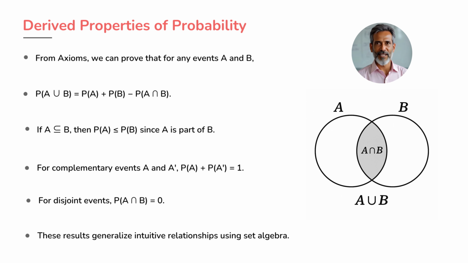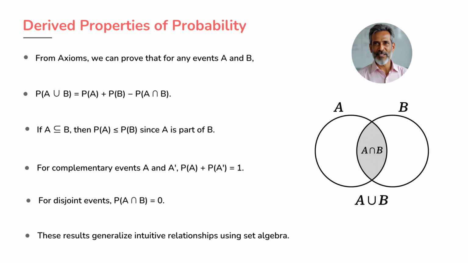Next, if event A is a subset of event B, meaning it always occurs whenever B occurs, then P(A) is less than or equal to P(B). And for complementary events A and A dash, we have P(A) plus P(A dash) equals 1. This means if the probability of an event is known, the probability of its complement is automatically determined. So whether you're calculating chances of rain or drawing cards from a deck, these relationships ensure your probabilities remain logically